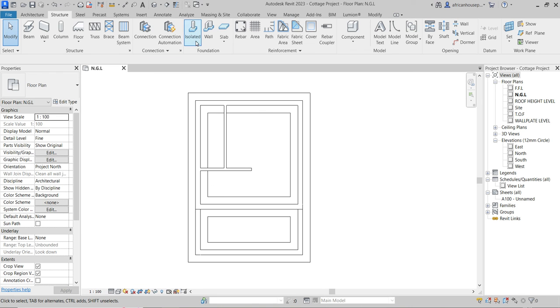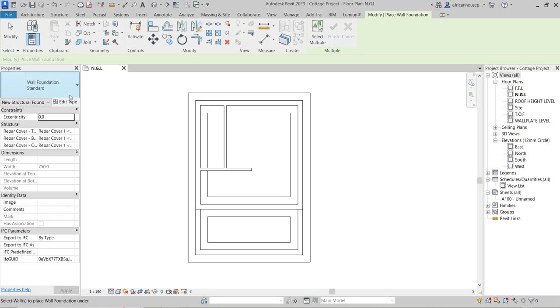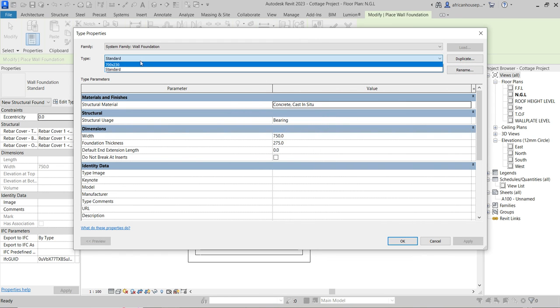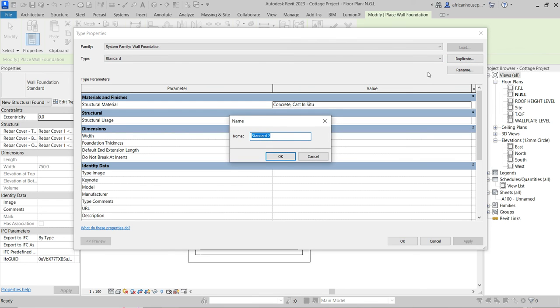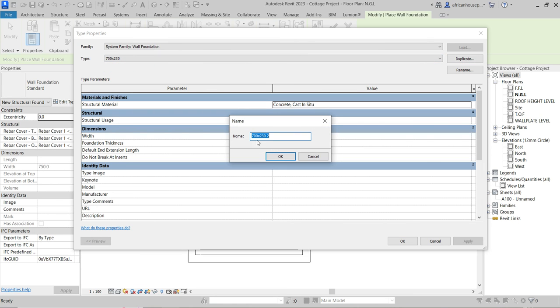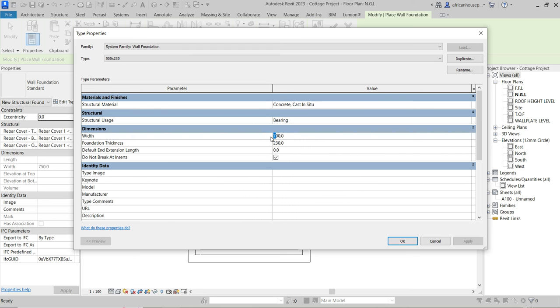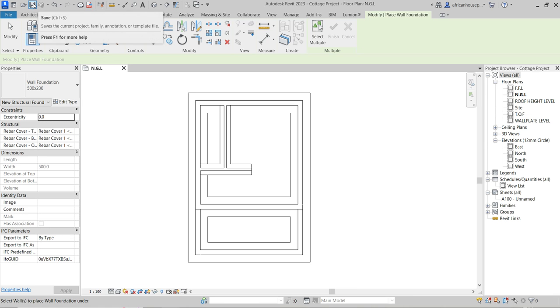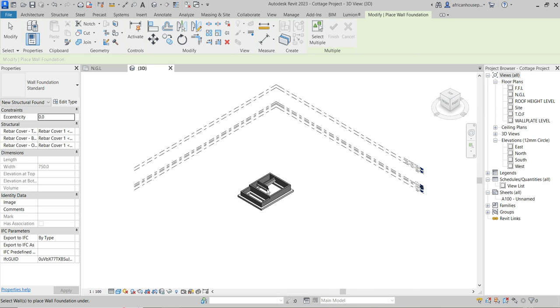Then we need to attach another foundation again. So we need to create another foundation. Okay, no. Let's go here. We can duplicate this. No. Come here. Duplicate this. Make it 500. Only change 500. Apply, attach, and then yeah, we're done with the foundation wall